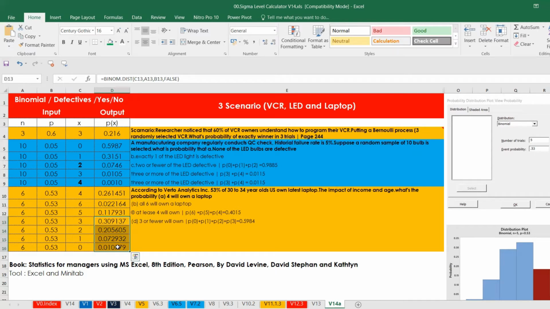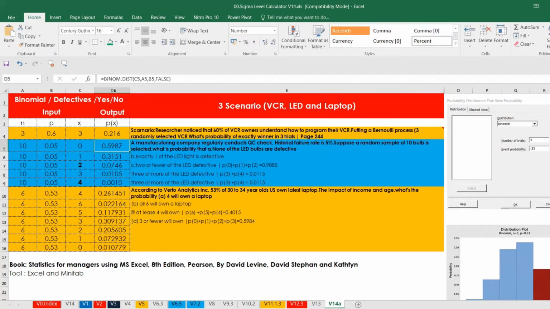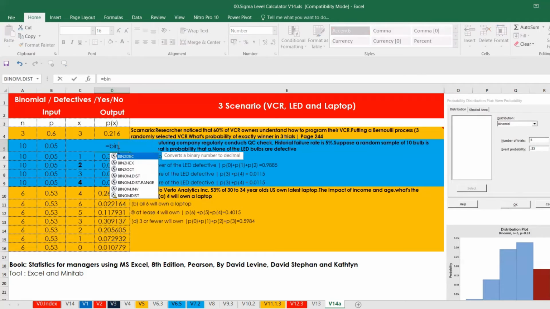This is how we can easily do it with the help of Excel. And let's see that formula. The formula is actually you give, maybe I will take this one, equal to binomial, right? Binomial distributions. And you can use two formulas. Here I have used binom.distributions or binom. So I will use the same formula again, binomial